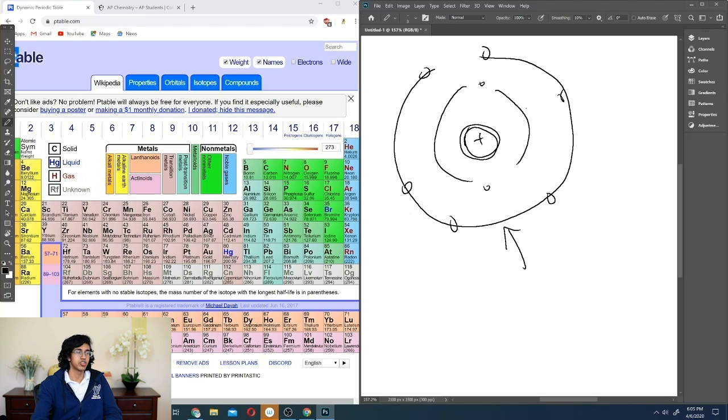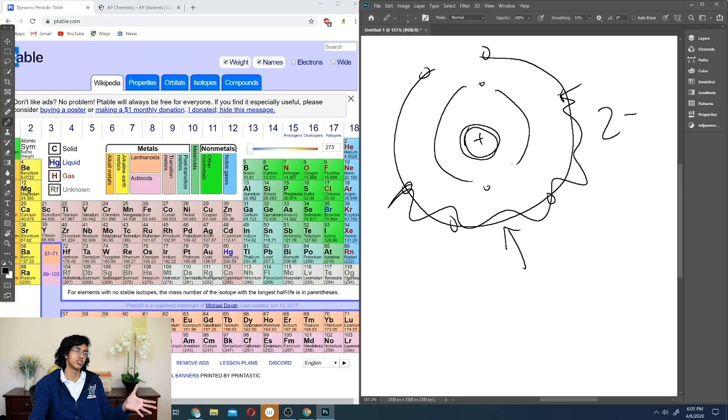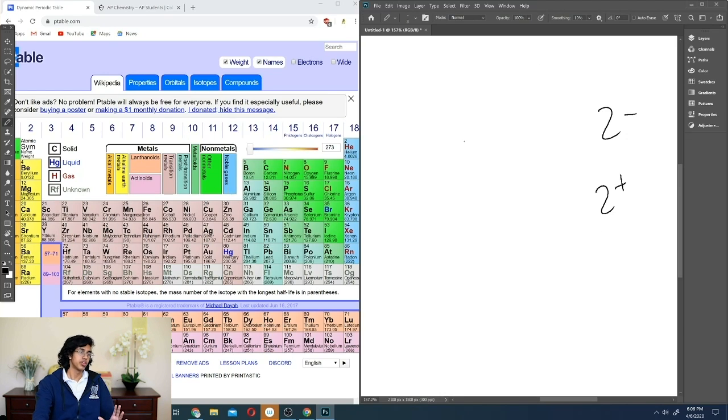So this boy is going to make a 2- charge. Similarly, if you have 7, then it would be 1-. If you have only 2 electrons, they would want to lose those 2 electrons to get to an empty subshell instead, and it would be 2+. So basically the 2 things you got to remember is the negative ions are anions, and then 2+ is a